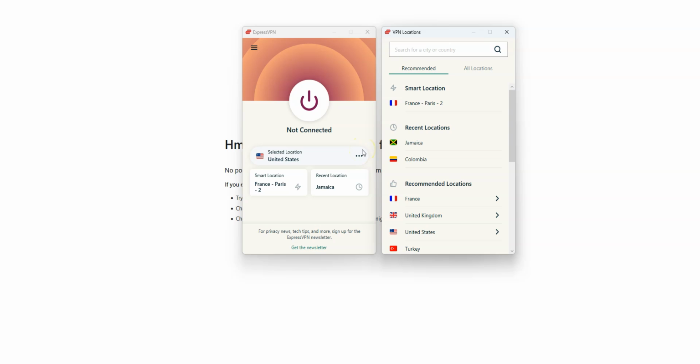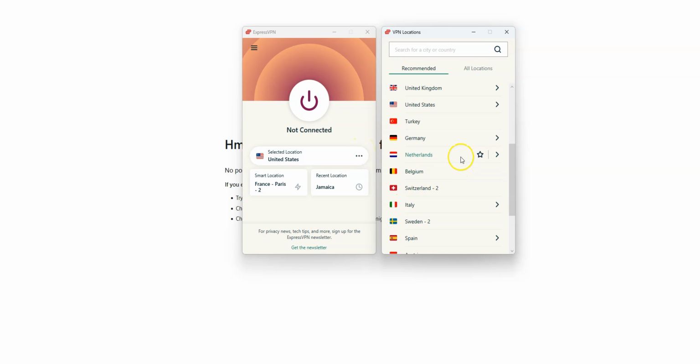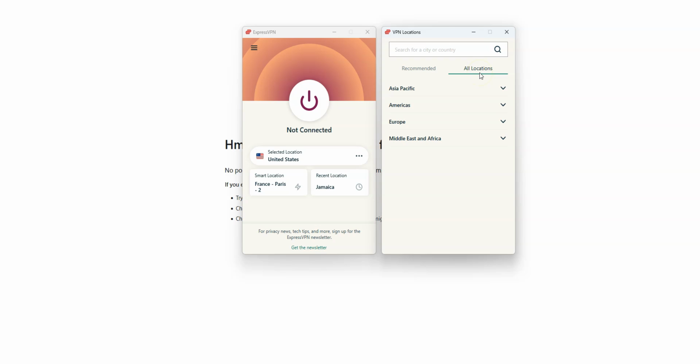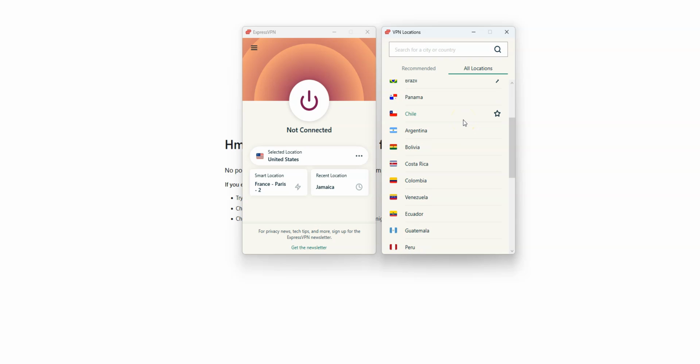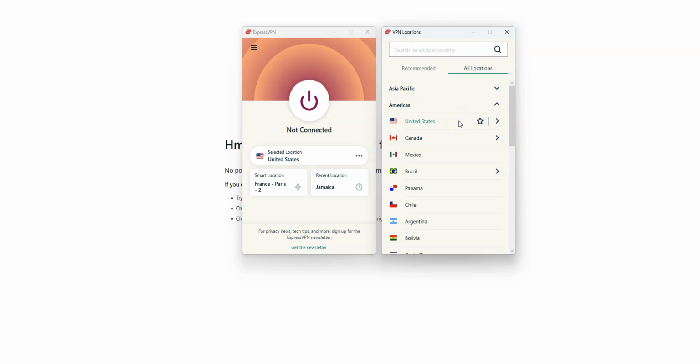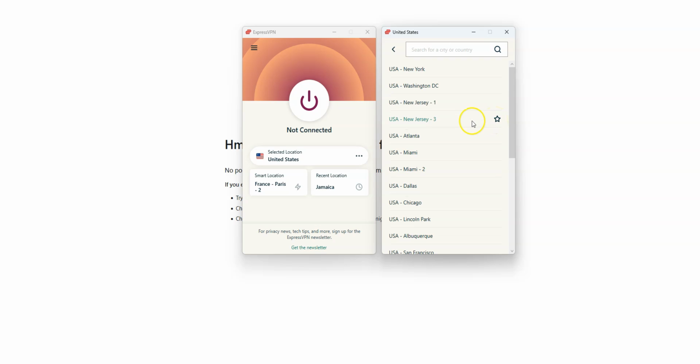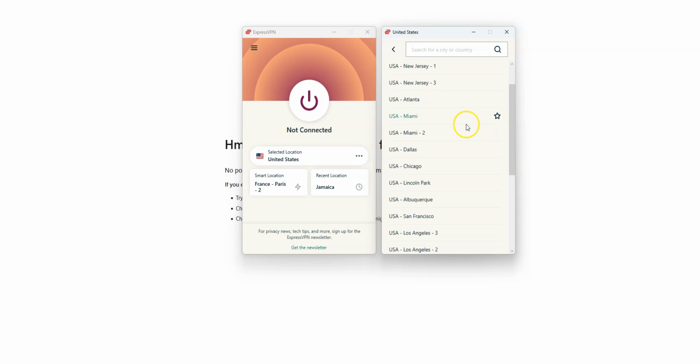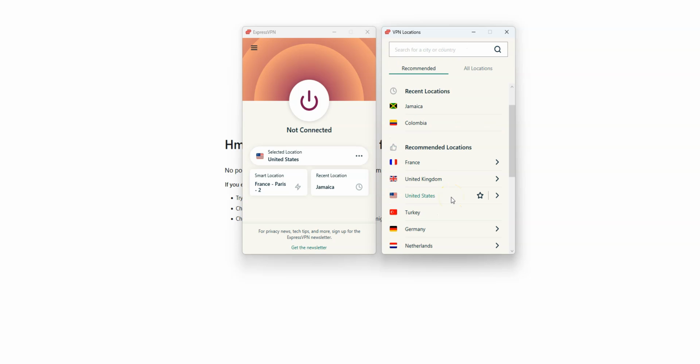First, click here. You can either choose between these few recommended locations or access all locations by clicking here. There are a lot of countries: the US, Canada, the UK, Australia, Germany, France, Spain, Italy, Japan, India, just to name a few. These are all countries from which you can make it look like you're in. You don't have to choose a location in a different country. You may choose a location in your country. For some countries, you can even choose a specific city. In the US, for example, New York, Miami, Houston, Los Angeles, and so on. Simply select a location. ExpressVPN will then establish a connection to the fastest server available in this specific location.